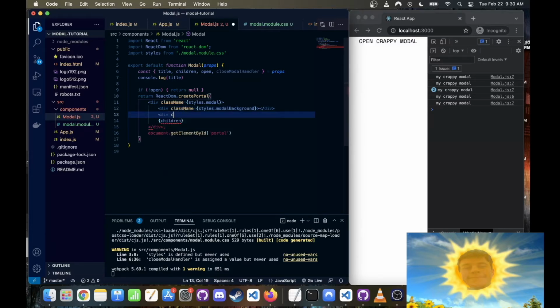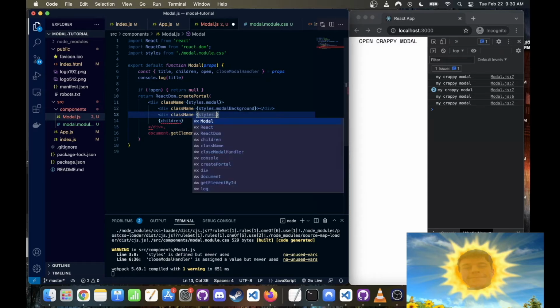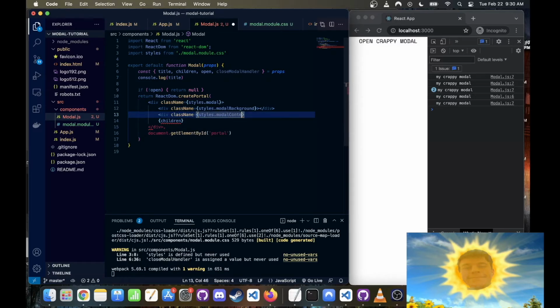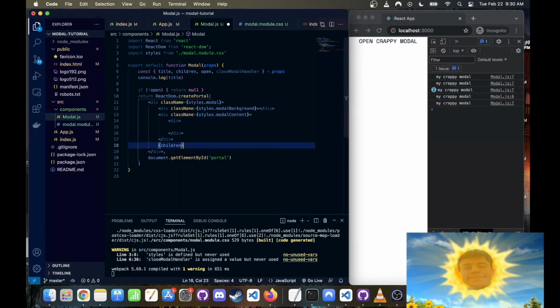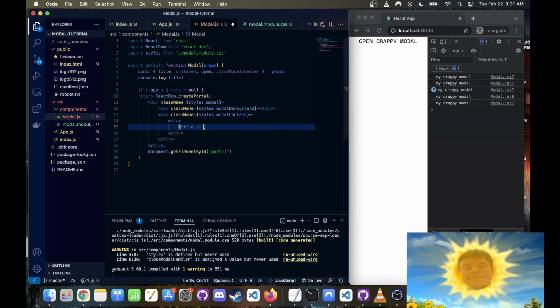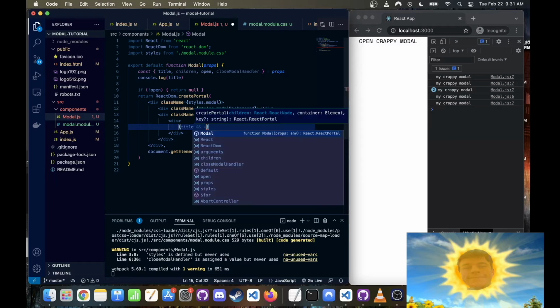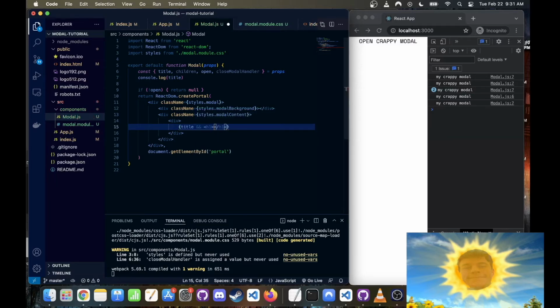We're going to go another div with a class name of styles.modalContent. And in here, we're going to render out all of our content. So we're just going to have a div, and the first thing we're going to render in our div is the title, and we're going to do some conditional rendering. To use JavaScript within the HTML sections, use the curly braces, and we're going to provide a statement that says if title exists, render this content. So if title, we want to render an h1 tag that has a class name,